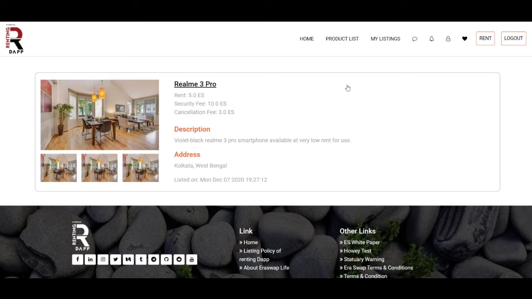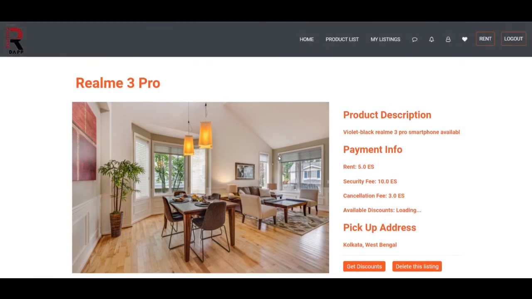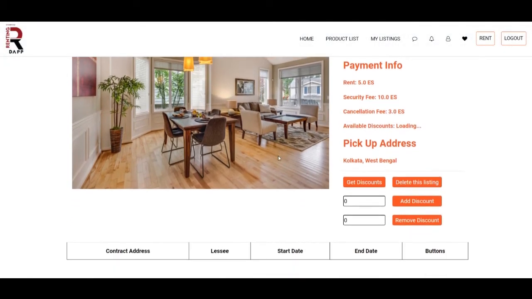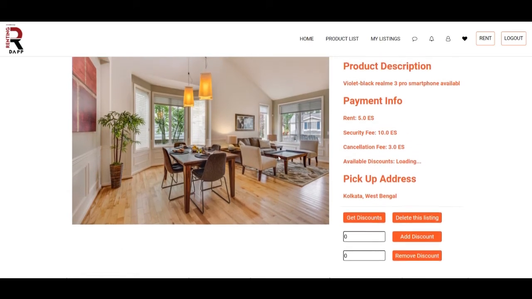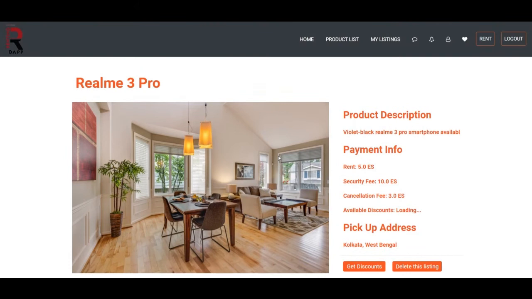Okay. If you go in it, so this is basically your my product page. So here are some different functions to the normal product details page. This is for the side of the asset owner. From here, he will manage all the rental contracts that are booked for this particular item.